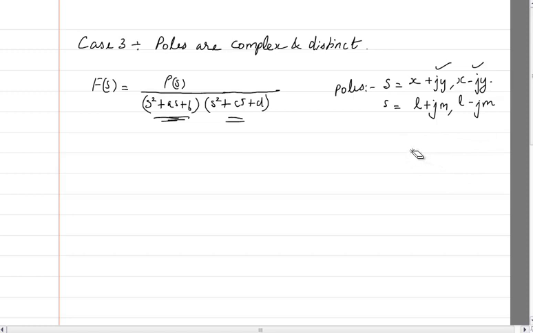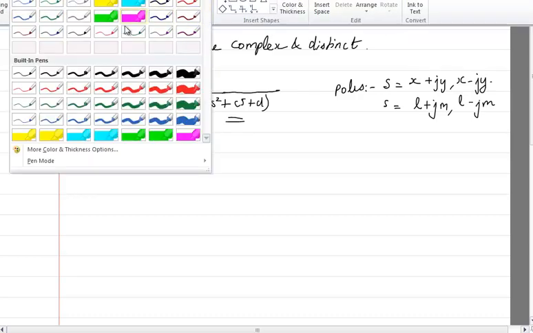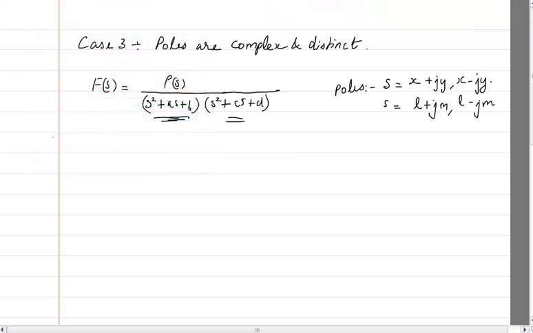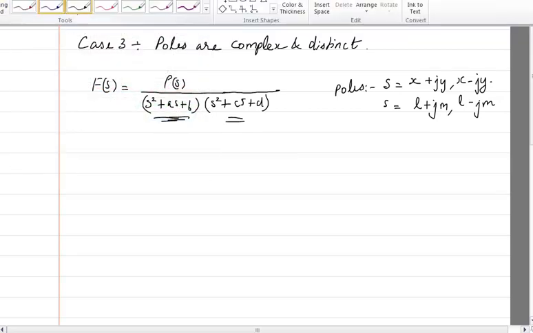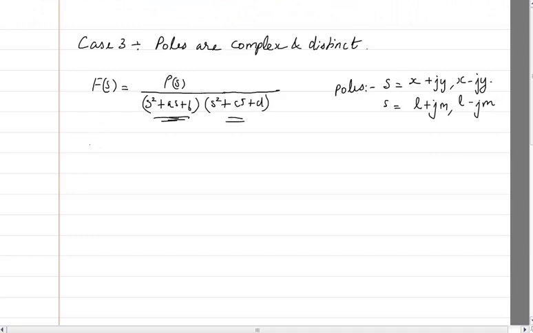But anyway, when you have got these kind of complex poles coming, how do we solve this? For understanding that, we'll have to do a problem. But before that, let me first write how do we split up and write this one. So I will write f of s can be written as capital As plus B divided by one of the poles, which is s square plus as plus b, plus Cs plus D.